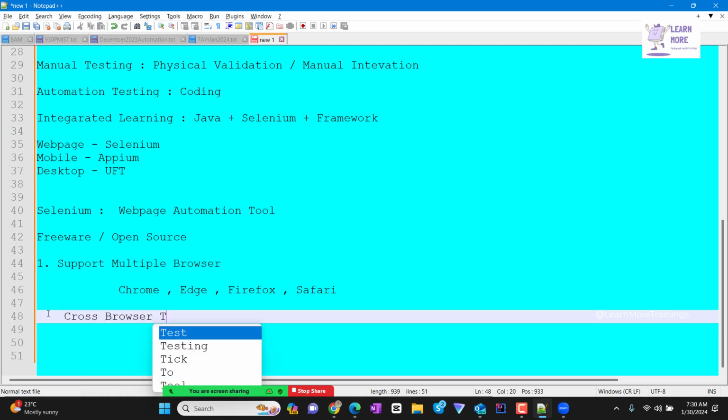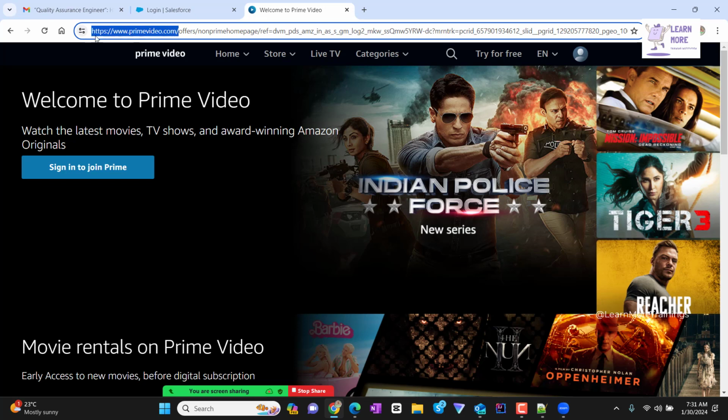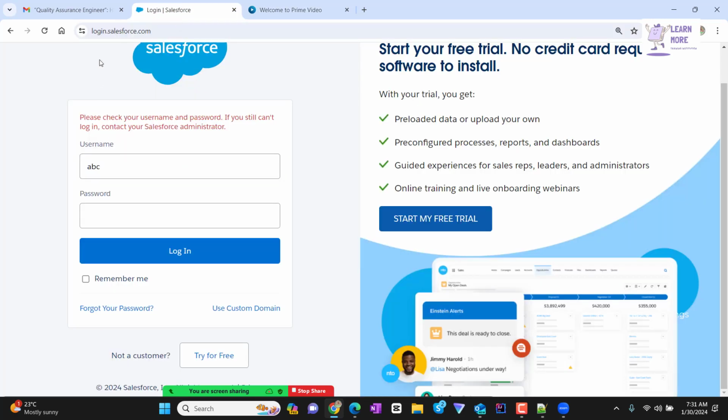What is meant by cross-browser testing? Even if we take Prime Video, I can use it in Chrome, you may use it in Edge, and some may use it on the Mac, which means in the Safari browser. Wherever the end user opens this particular web page, it should work as expected. And how do we ensure that? We do the testing. But when we try to do the testing manually, for easy understanding,